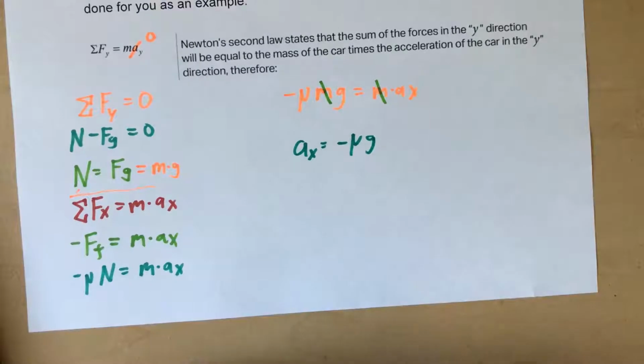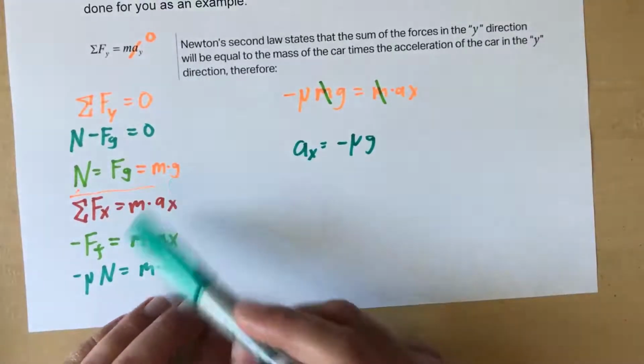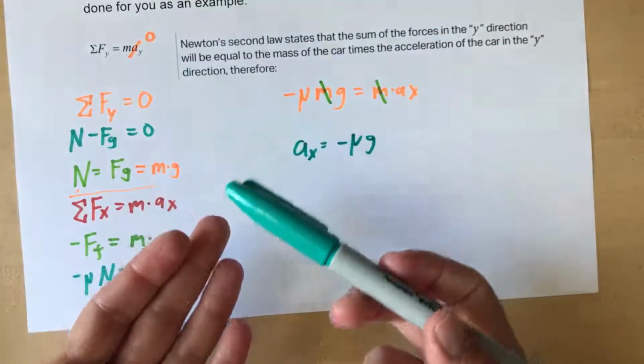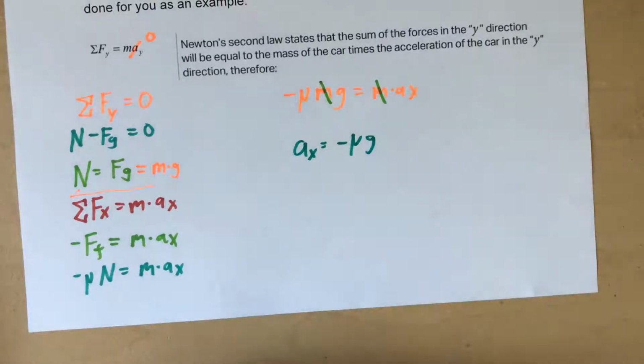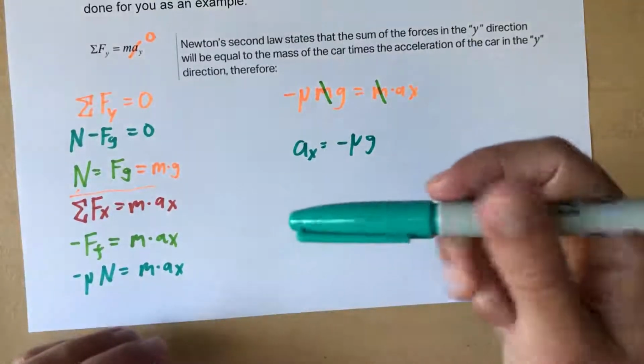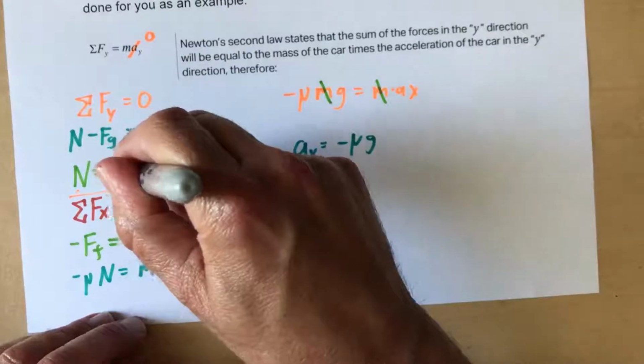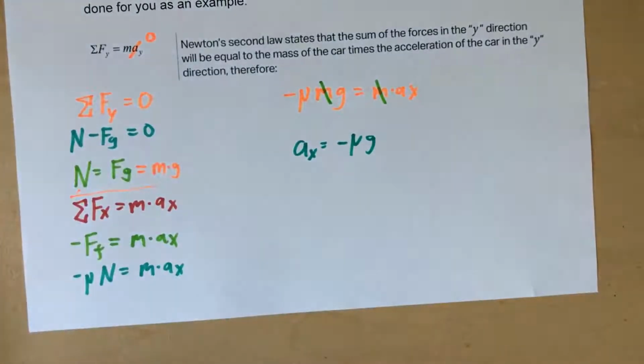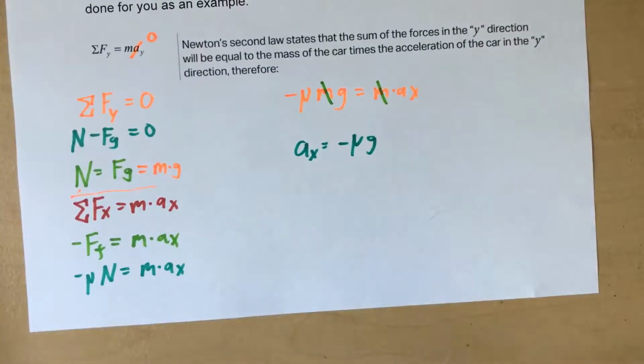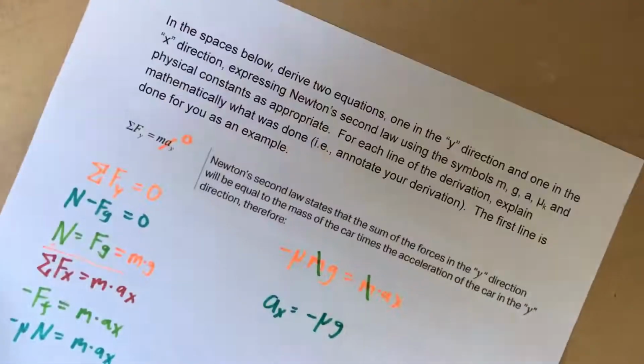There's two counteracting effects. The more mass an object has, the more it wants to stay in motion, so it seems like that would tend to make the acceleration less. But the more mass it has, the more weight it has, the more normal force it has, the more friction it has. And those two effects basically cancel each other out there. So next part here,